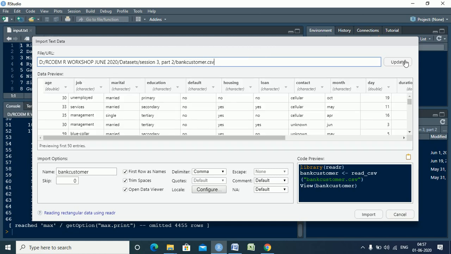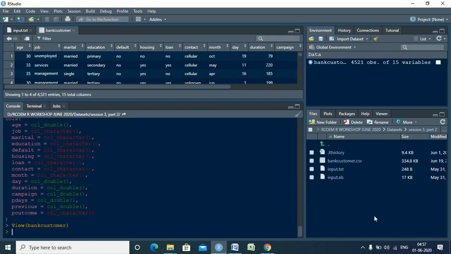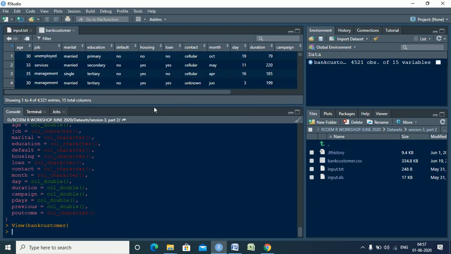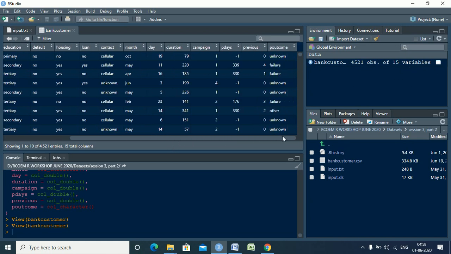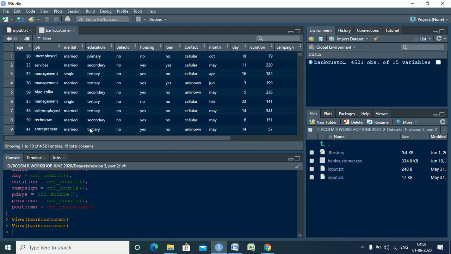Now it has selected that particular data preview, and I will just click on Import. So it does all the functions, and now I can even see my file over here. This is my bank customer, which has 4,521 observations and 15 variables. So this is another way that you can import.